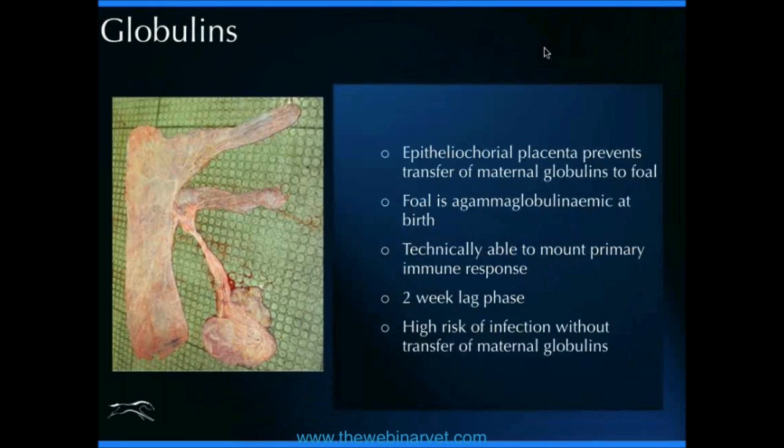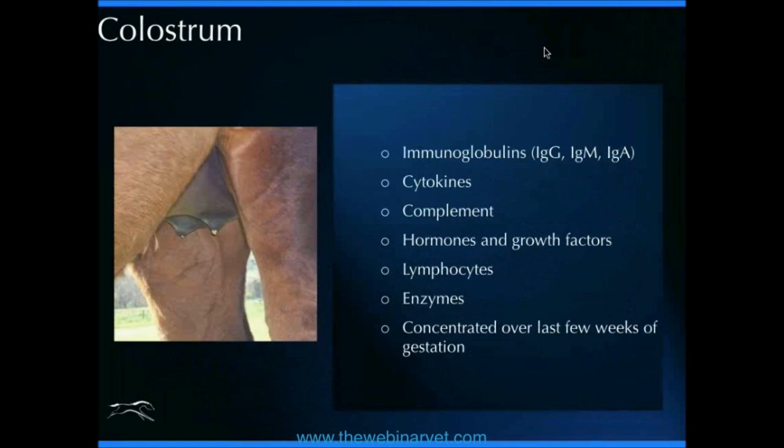And so without that maternal transfer of globulins via the colostrum, they're really at a high risk of infection. And that's why failure of passive transfer is such an important factor in neonatal sepsis. So again, we've touched on this already a little bit, but colostrum is vitally important when we're talking about sepsis,